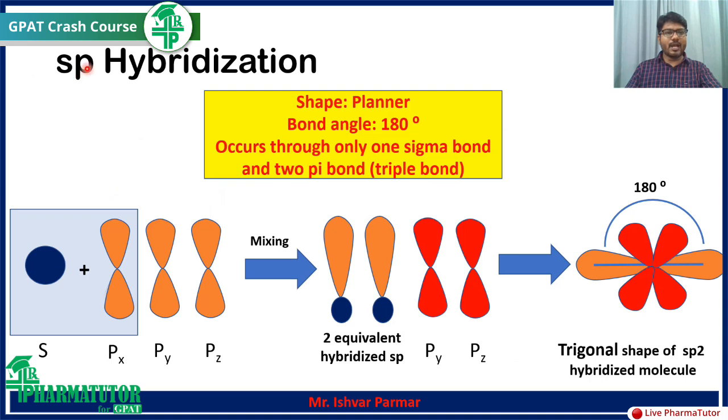Next is sp hybridization. One s and one p orbital participate in mixing. So you can see here 1s and px. Py and pz will not participate in hybridization. After mixing it forms two equivalent hybridized sp orbitals. After different orientation and alignment, it forms a planar shape,